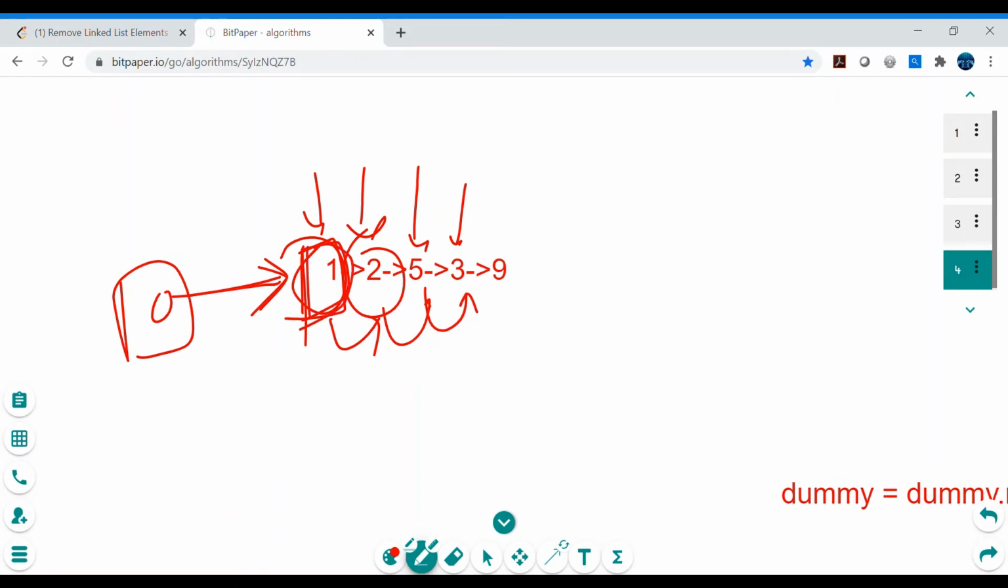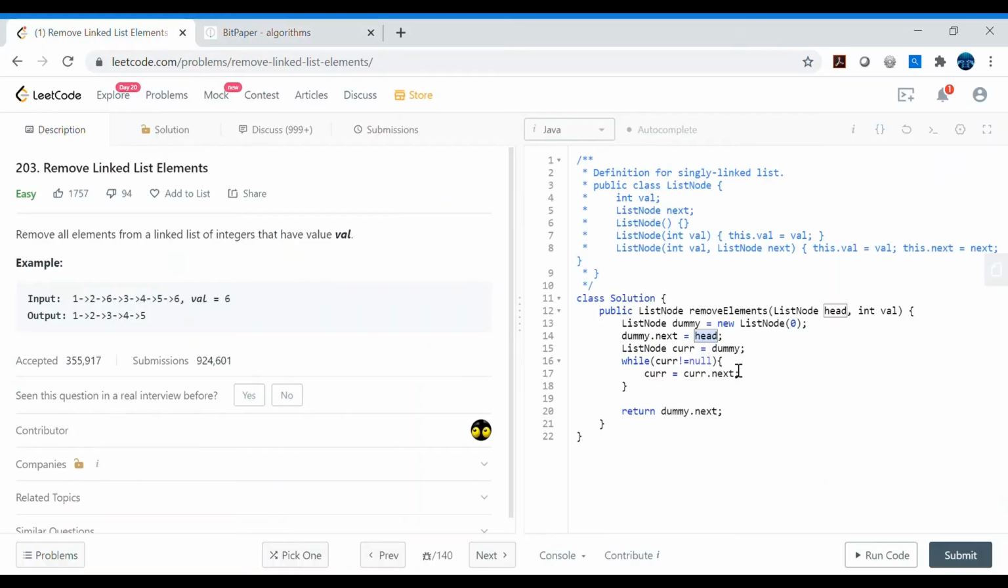So this head pointer will be saved, but the current pointer will keep moving, and with the help of the current pointer, we will be changing the pointers, right? Now let's apply that logic. So now let's say if current.next is not equal to null,